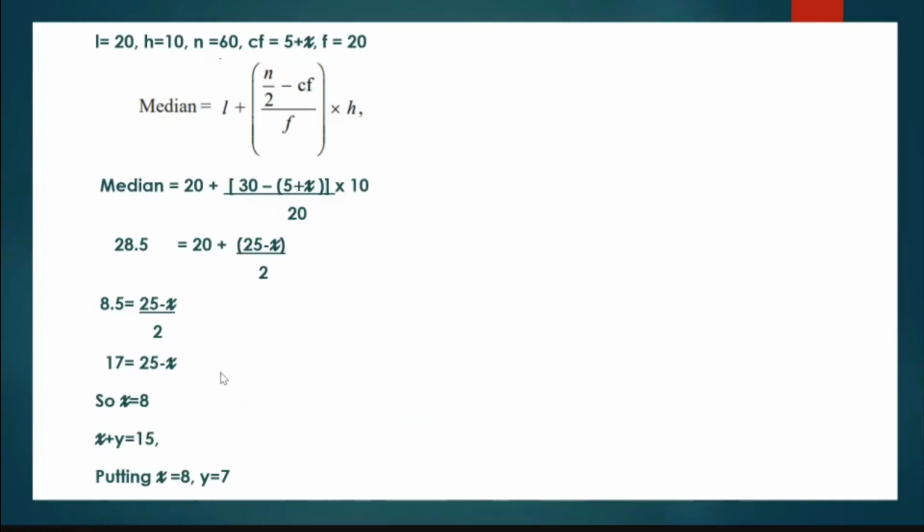So I hope you have understood how to find out the missing frequencies when the median is given. So now you have all the three videos wherein you can find out the missing frequencies if the mean is given or the mode is given or the median is given to us. Remember, in this year's sample paper, statistics has been given a lot of weightage in the standard paper. So there's quite a few chances that you will get at least one question to find out the missing frequency. Make sure that you understand the method properly.